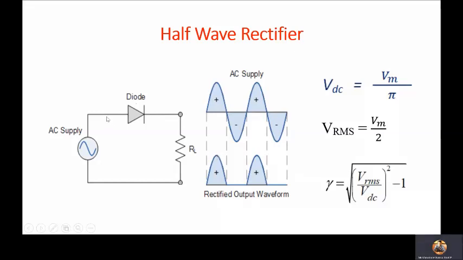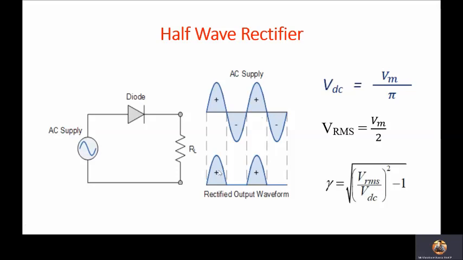During the next negative half cycle, the diode will be reverse biased. If the diode is reverse biased, it is off. Therefore, the output will be 0. There is no output. In this way, all the positive half cycles are passed to the output and negative half cycles are clipped, removed from the output. Therefore, this circuit can be used for AC to DC conversion. Input is AC and output is pulsating DC. It contains both AC as well as DC components at the output.